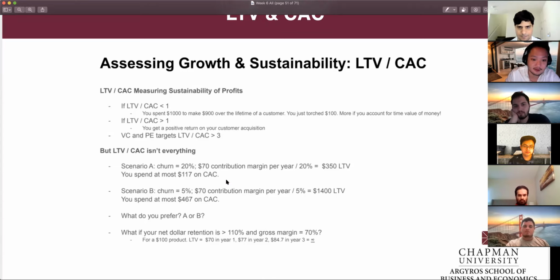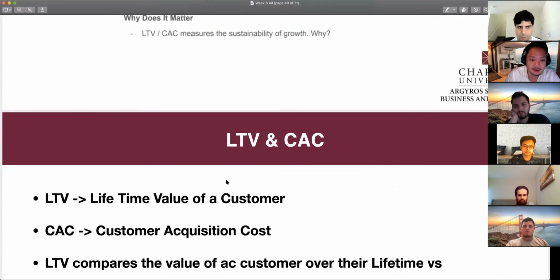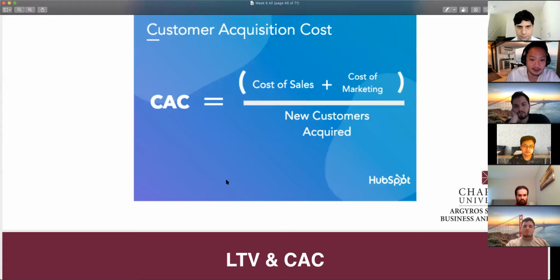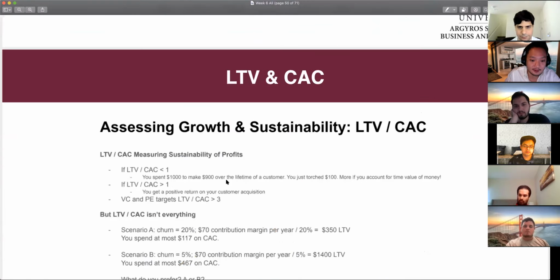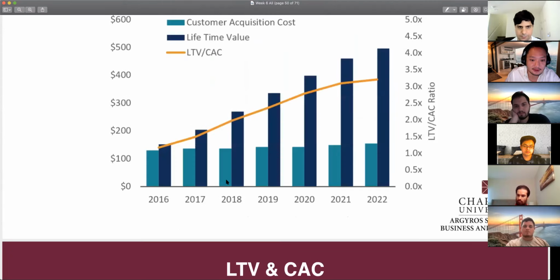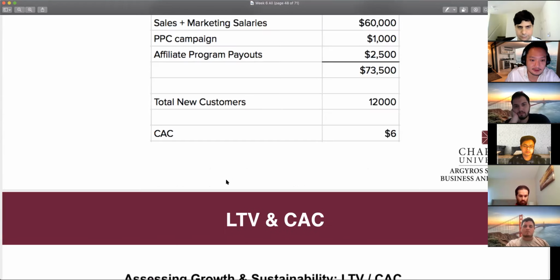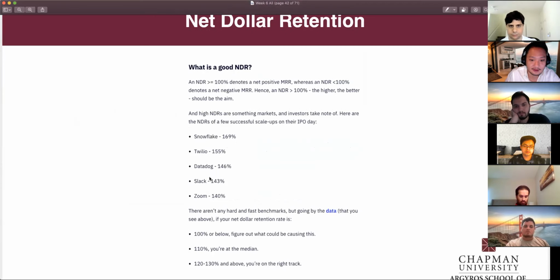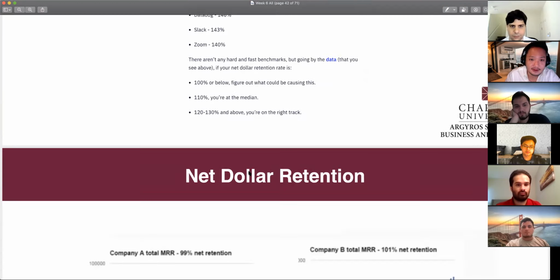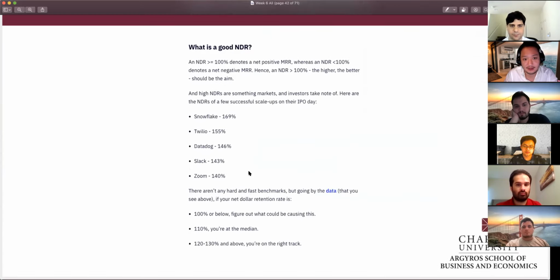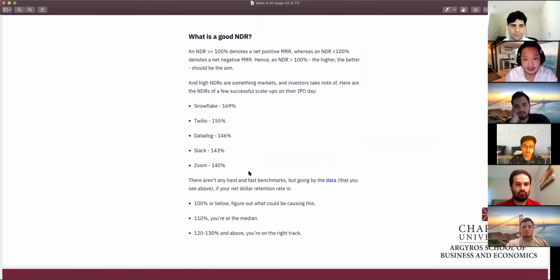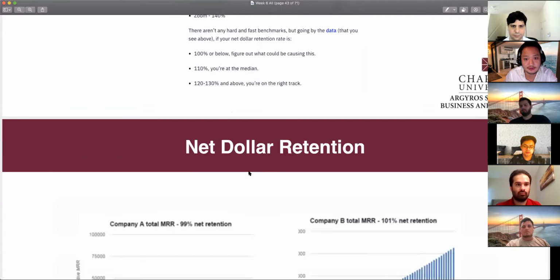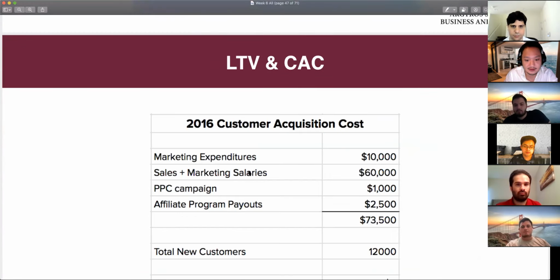So if you understand net dollar retention, you're going to be able to create a business scenario that looks like this, right? You're just continuously growing at a rapid rate because your customers are using more and more and more of the service. This is where the LTV to CAC ratio has to work and tie in with the net dollar retention, which has to tie in with the churn to really understand how quickly the business is growing.